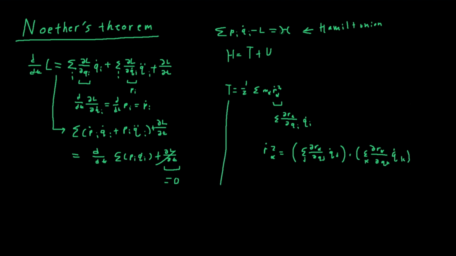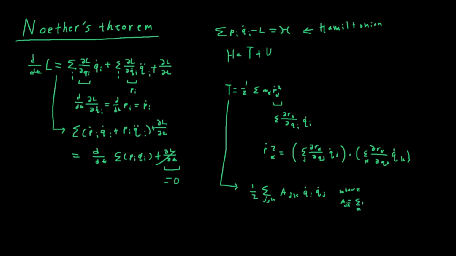Therefore, we can basically say that this kinetic energy is just 1/2 of the sums over j and k of some a_jk q prime_j q prime_k,